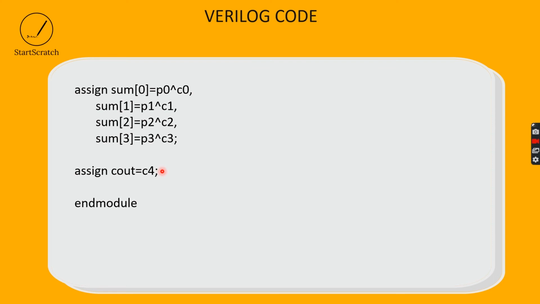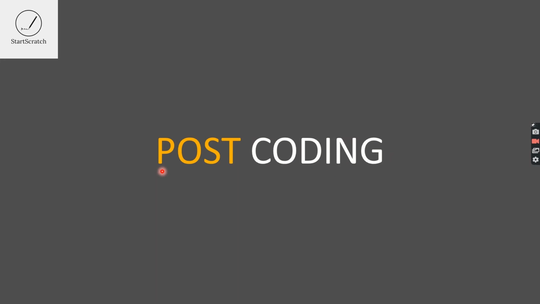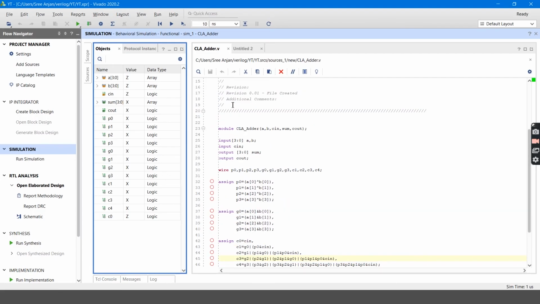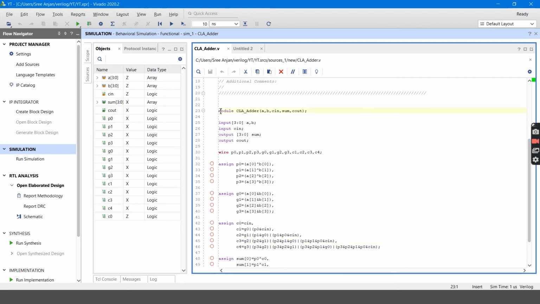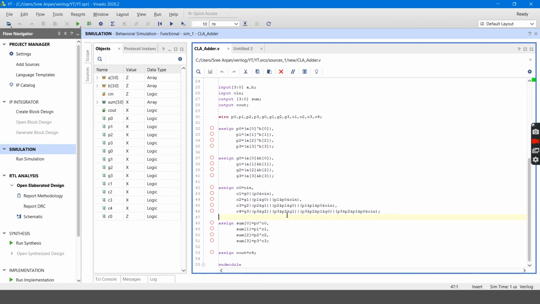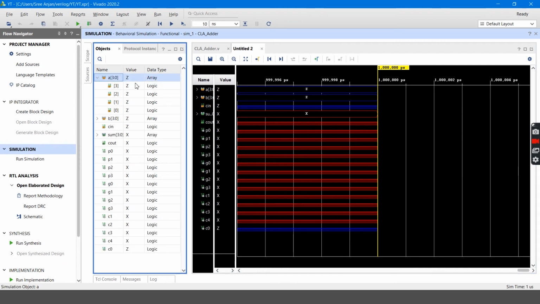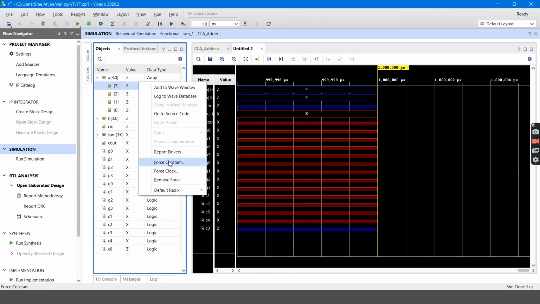Now, to know how the tool works, let's move on to the post coding part. I have given the whole code here, and I pre-simulated it to save time. Here is my input graph simulation table. I will be giving all ones here.